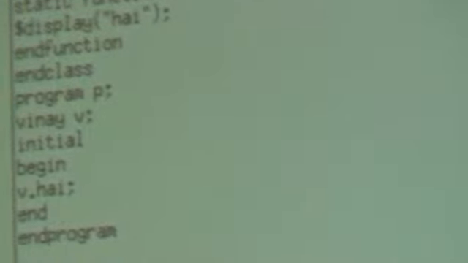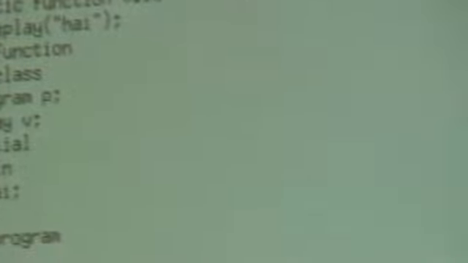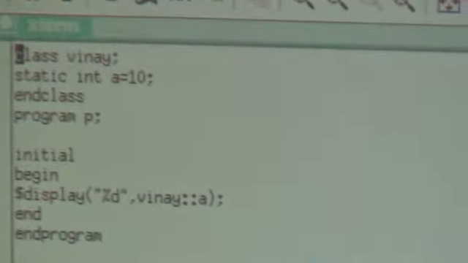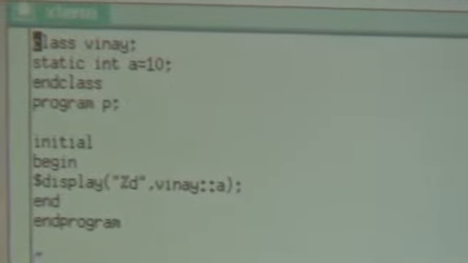Before, we used a static property and a static method without creating an object, and later we will see accessing the static methods and static properties without creating a variable, using the scope resolution operator. Let us see an example of how to access the static properties and methods using the scope resolution operator.